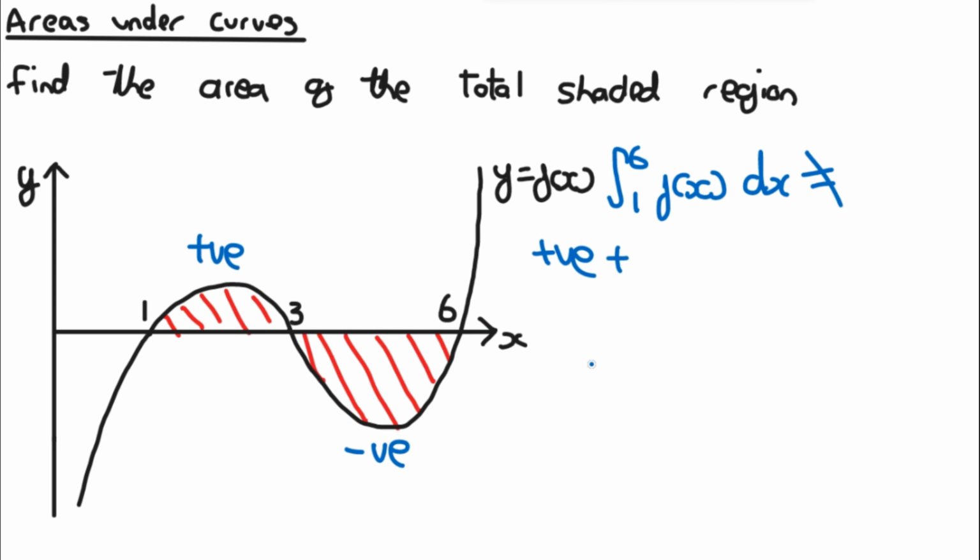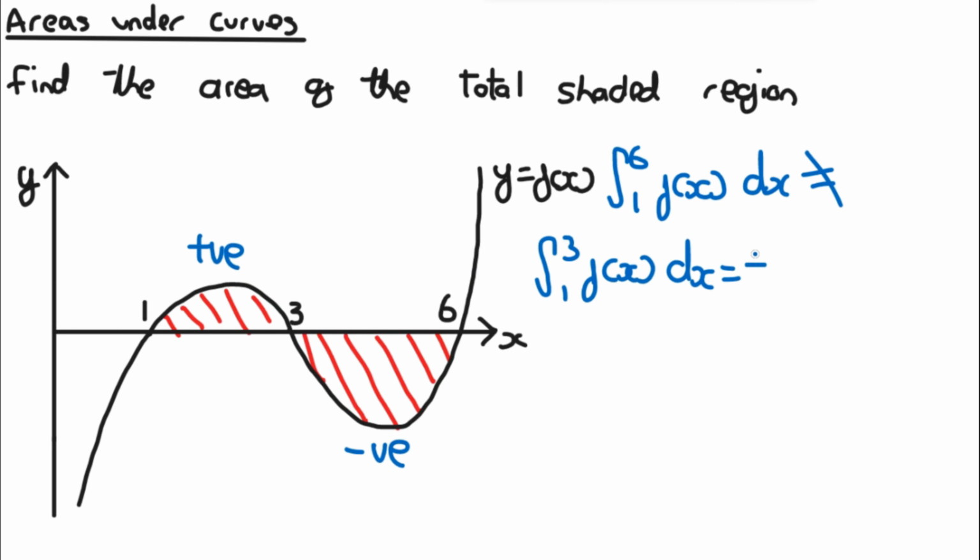So how do we deal with this? Well, what we're going to have to do is find these two areas separately and consider the integrals individually. We have to do these parts separately. So how do we do that? Well, let's consider this one first. So this is going to be the integral between 1 and 3 of f of x dx,